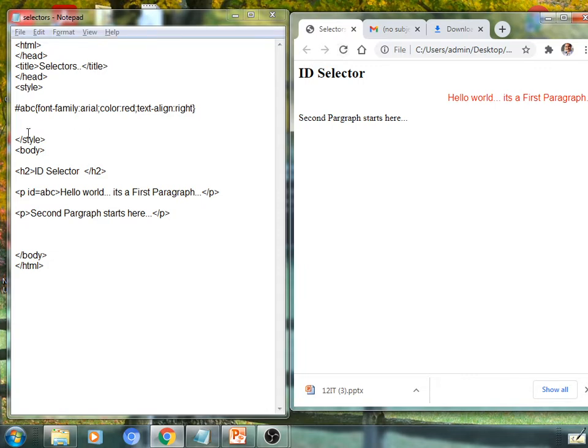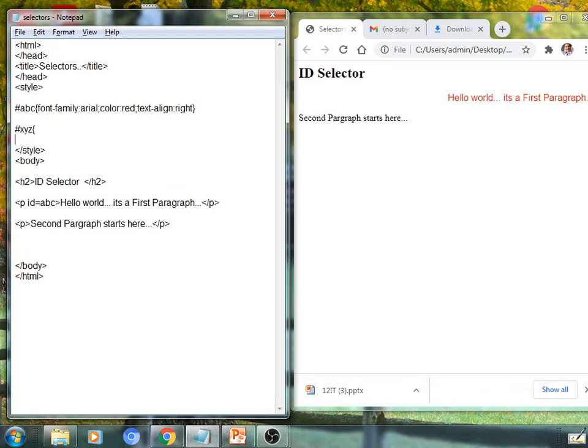So multiple ID selectors can be applicable. I have given ABC as an ID selector. Suppose you want to apply one more again, it is possible. #XYZ might be the name of the ID selector I want to apply.